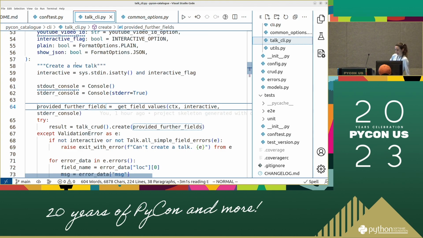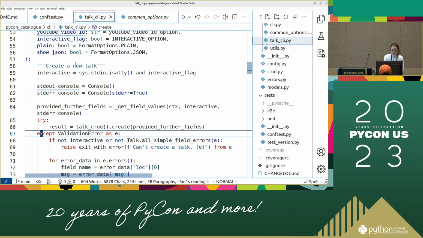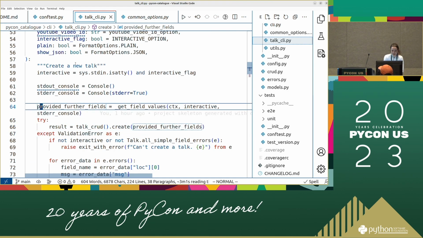If you pipe something into the standard input, then it will be false. So if you call it from a script, and you don't want to get prompts, I would suggest to add the no-interactive or no-input flags. And here, if we now look at the code a bit, then